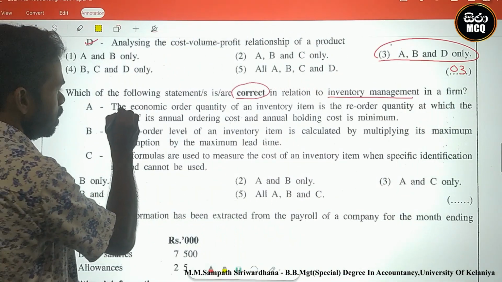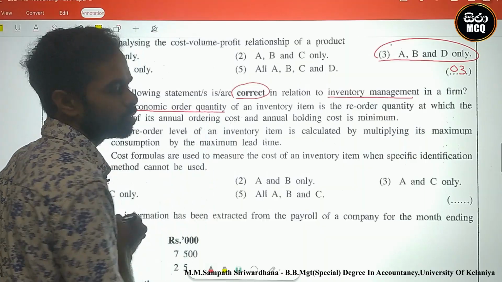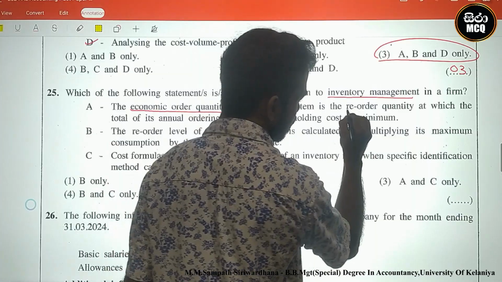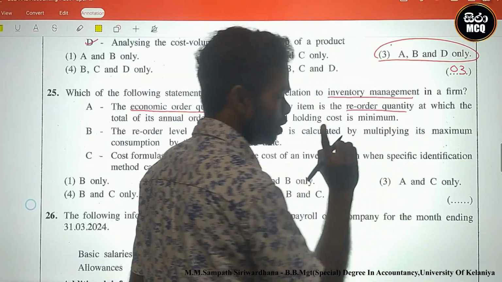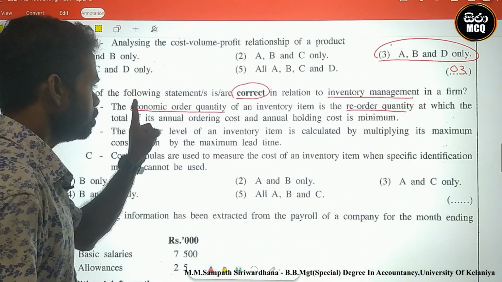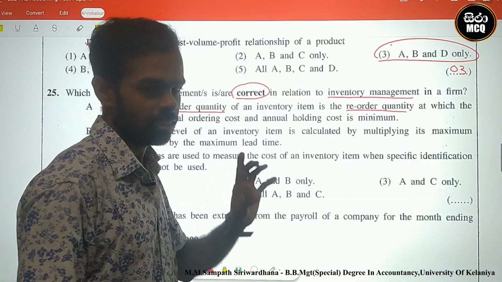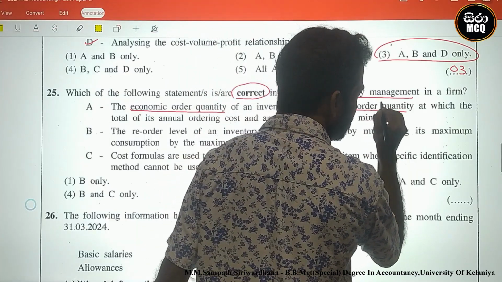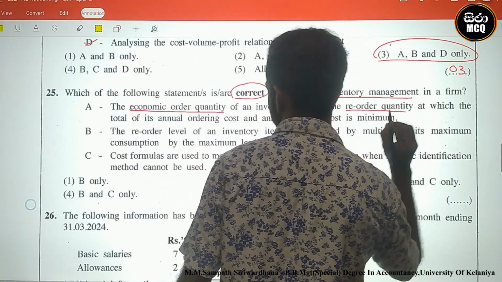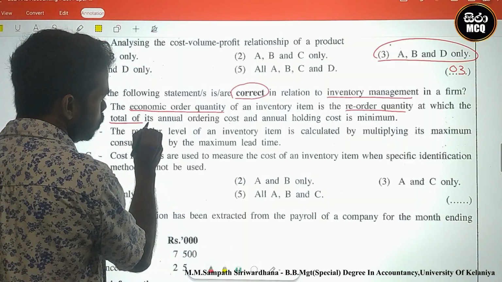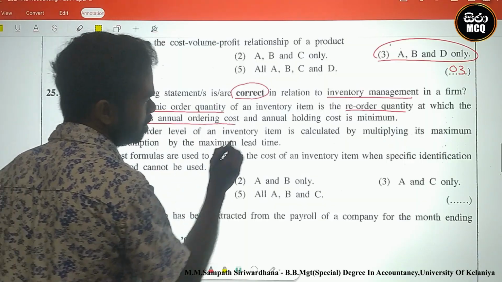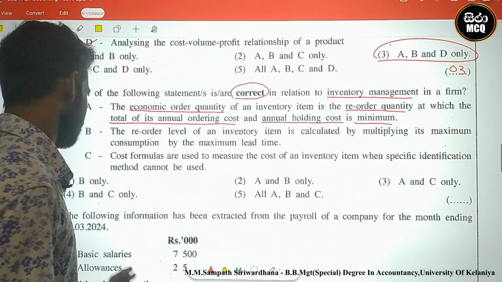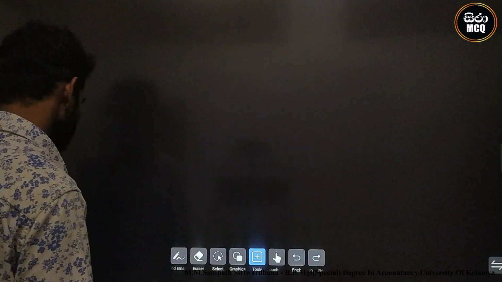Look here, first one. Economic order quantity, EOQ, of an inventory item is the reorder quantity at which the total of its annual ordering cost and annual holding cost are minimum. This is the definition. Firstly, I will tell you what the reorder